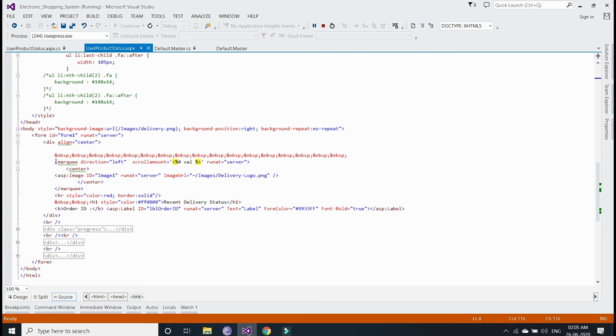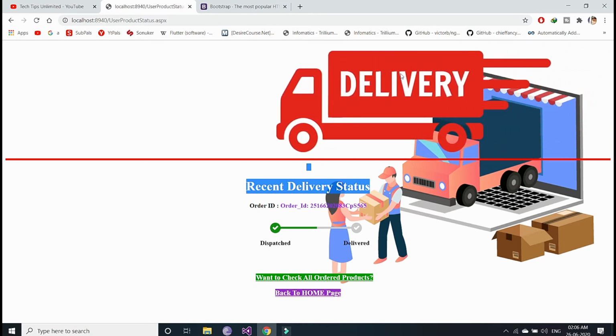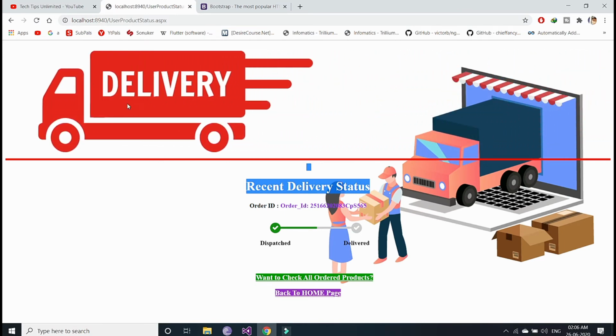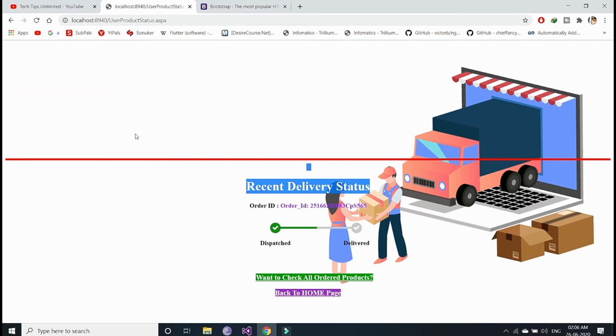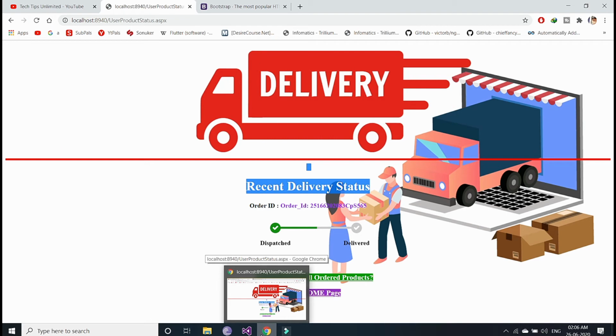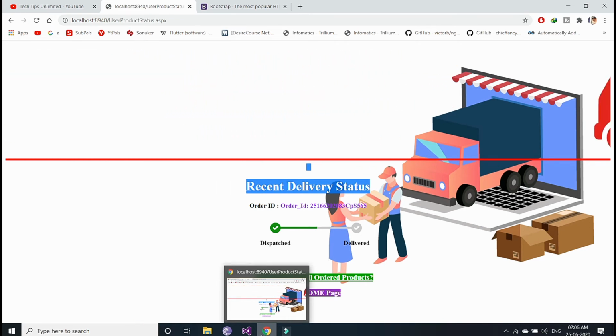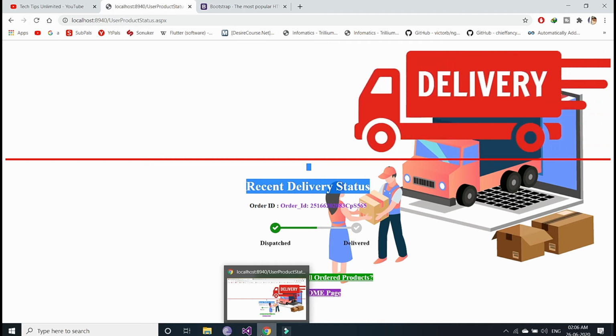First of all, let me introduce this marquee tag to you if you don't know. This is an HTML marquee tag which is used to move objects. You are seeing this moving van because of the HTML marquee tag, which moves the object placed inside it.